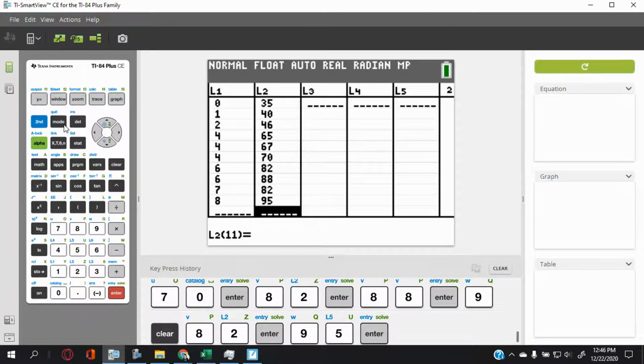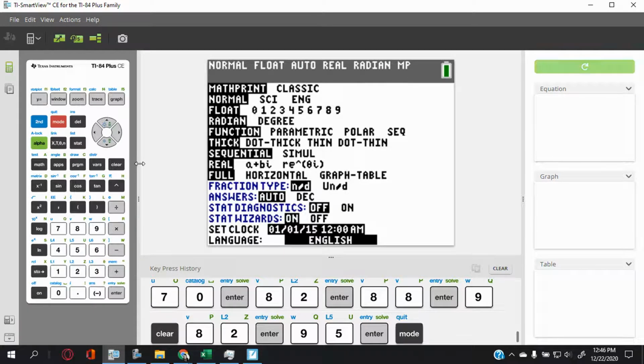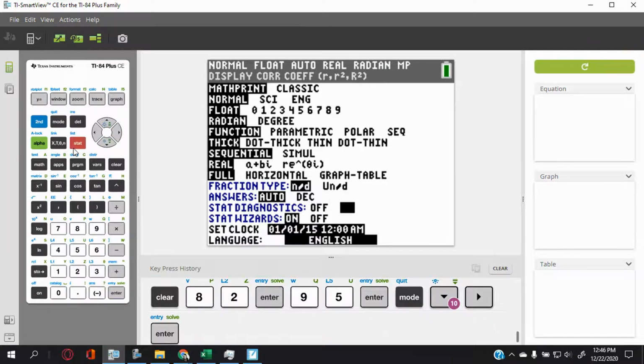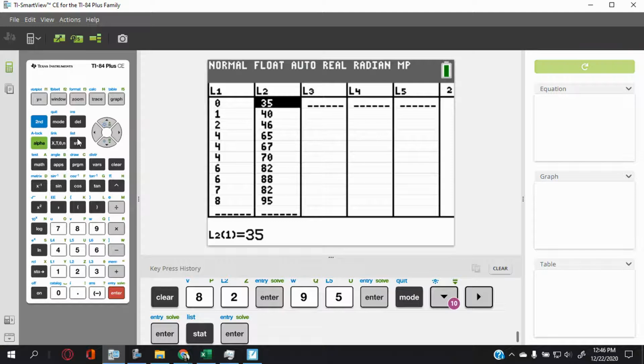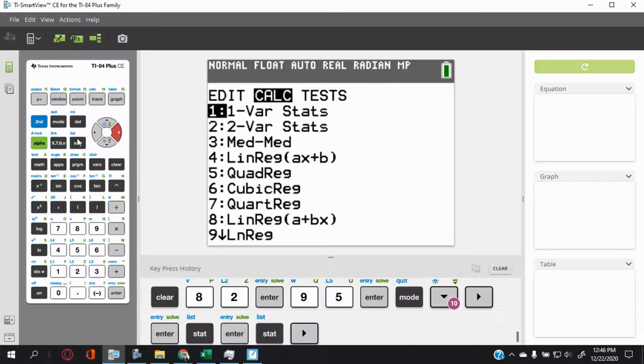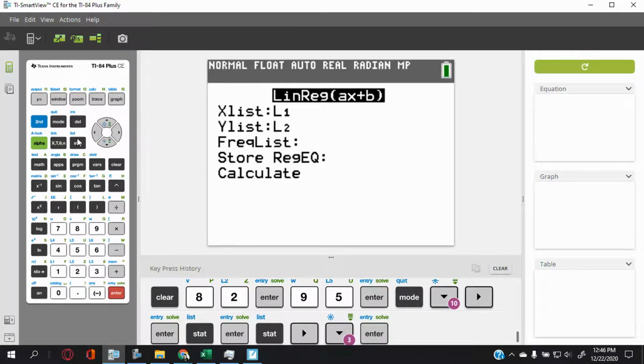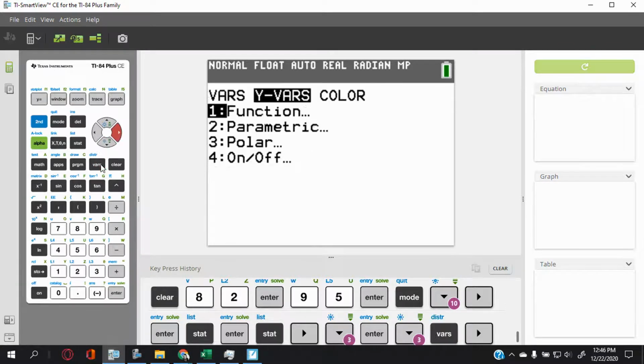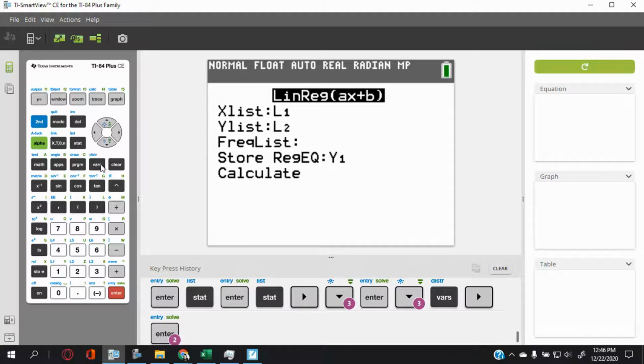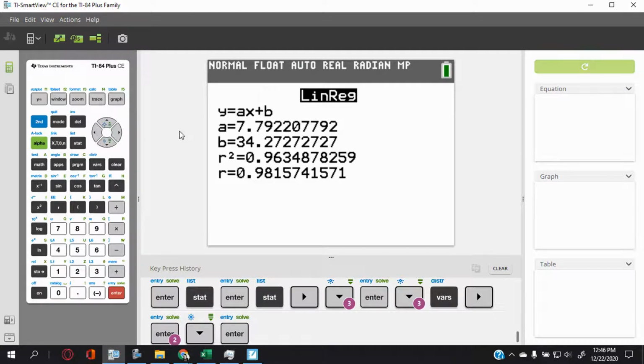Okay, again, I actually cleared the memory, because I can't get this through to you enough: make sure you turn your diagnostics on. Now let me go back to the table. I got my table, right? So stat, calc, lin reg, store that. What is the store? Let's see, vars, function. Now, you should have done this already, so I'm just going kind of fast. And if you want to rewind, you can pause and keep going. All right, calculate. I'm not even going to write it down. So there's